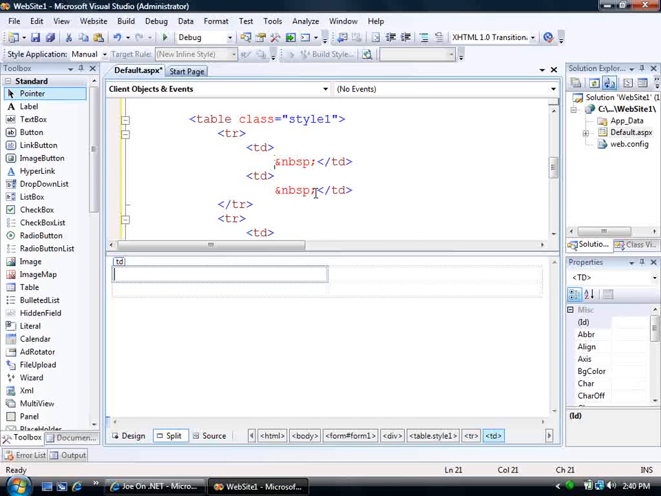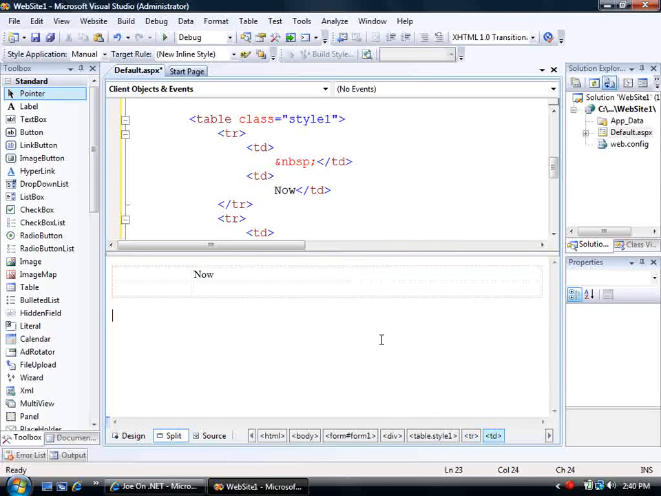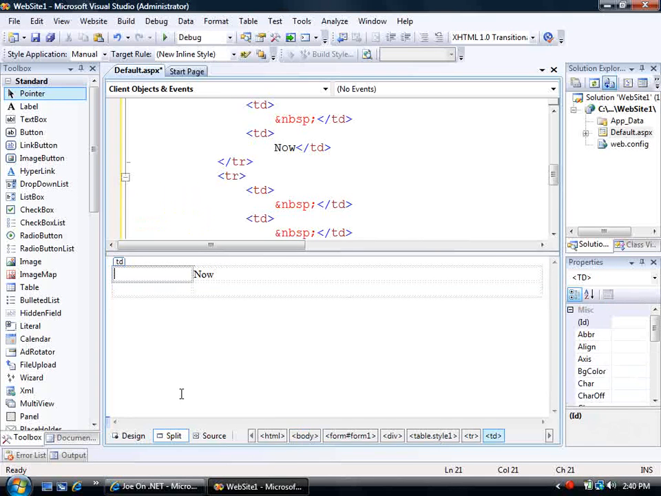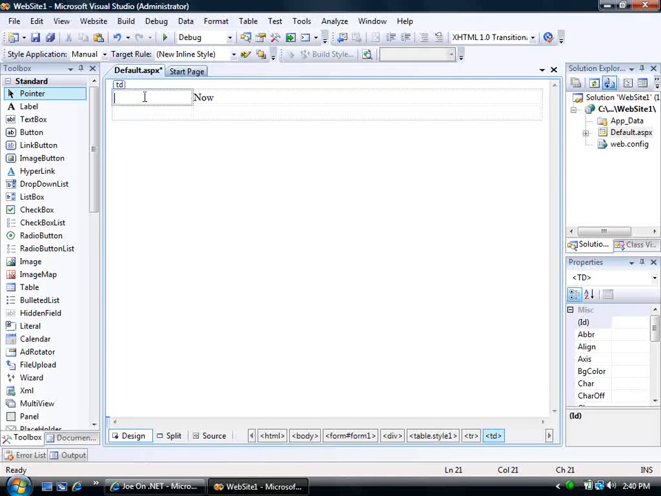And along the same lines, if I make changes in code view, those changes are reflected in design view. So I don't have to switch back and forth. I can work in one and see the changes in the other. That's very handy. Let's hop into design mode, and